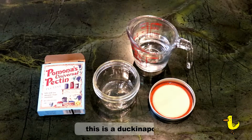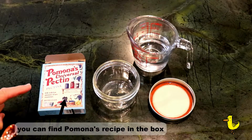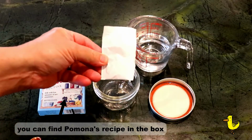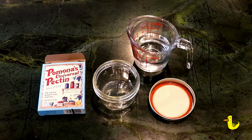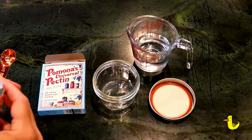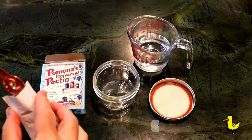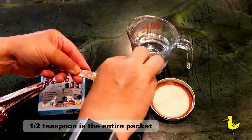Okay, now we're going to prepare our calcium water. So with the Pomona Universal Pectin package, it comes with a calcium water packet. For this recipe, we're going to, actually it's for more than this recipe, so we can save some for later. You take a half a teaspoon of the calcium water,